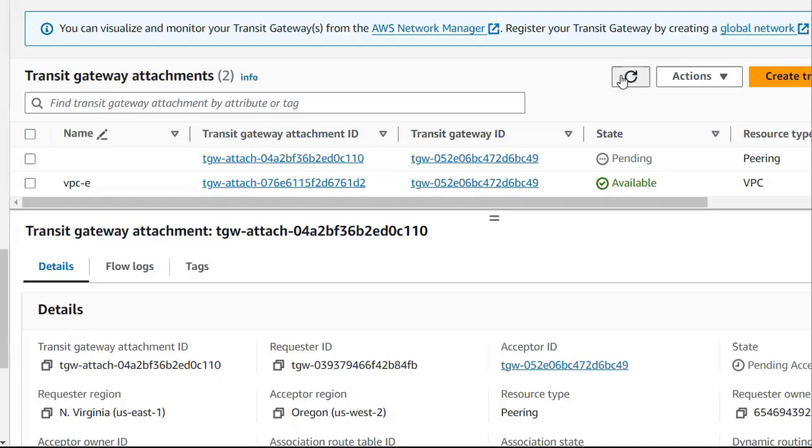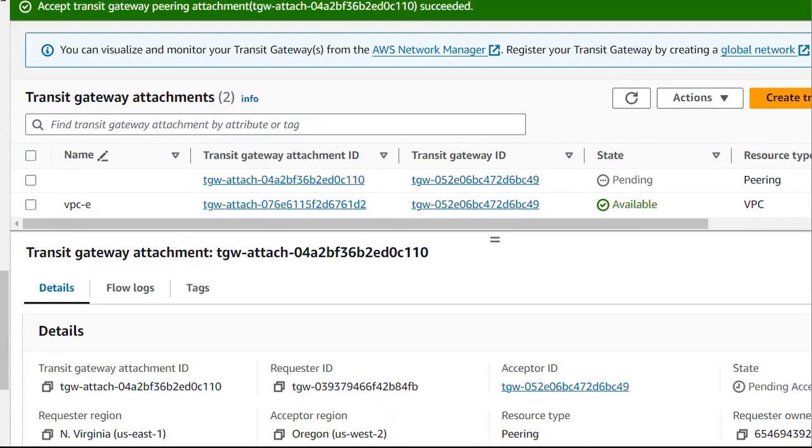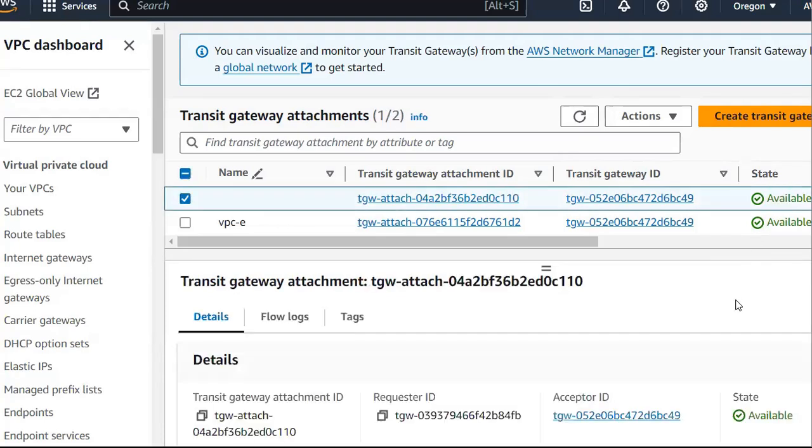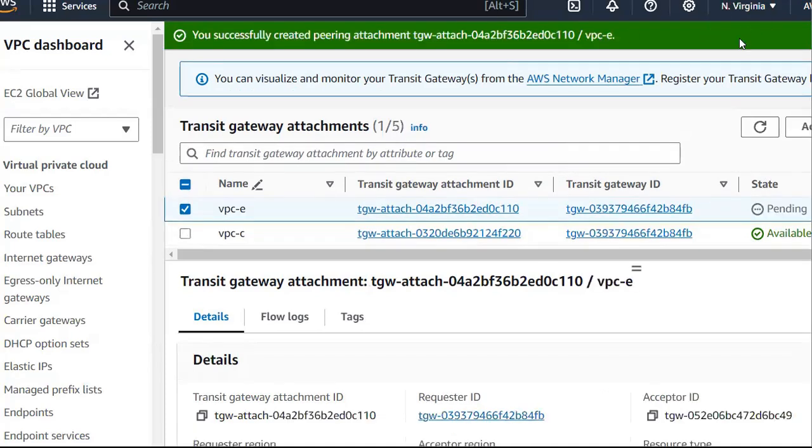Here you can see it is pending. Within a few seconds to minutes, it will get accepted. Since I clicked on accept, it is accepting the request. Now you can see this is available. It reaches the available state from pending. So whenever you click on accept from this origin region, it first goes to pending state, then it reaches the available state. So if you move back to the North Virginia region, from where you initiated the request,